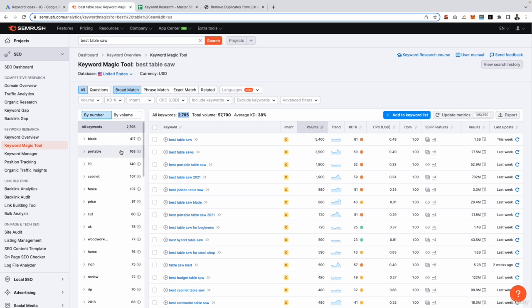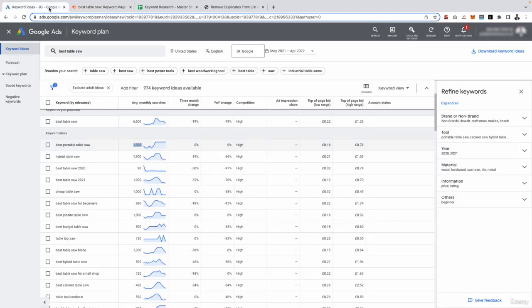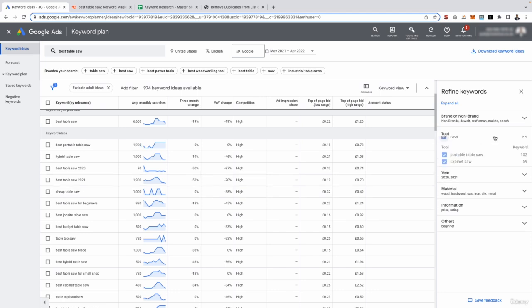Again, clusters is pretty much just a group of similar keywords. However, the great thing about SEMrush is that these filters actually work. If I go ahead and click portable, for example, you can see now it's only showing me keywords related to portable saws. If you compare that to what we had on the Google Ads interface, if I go back to